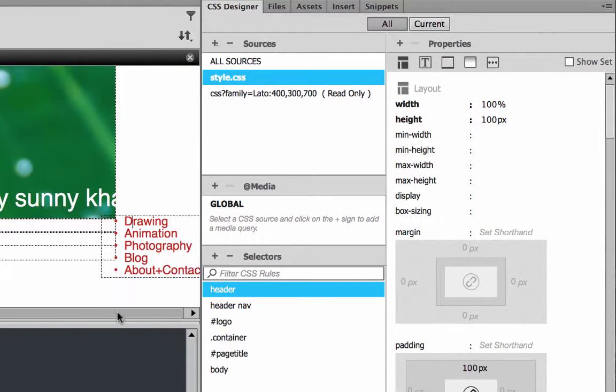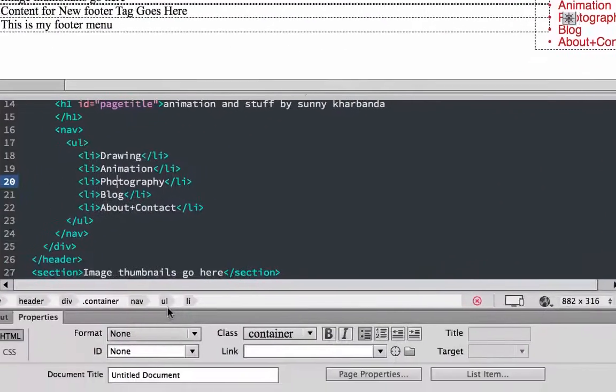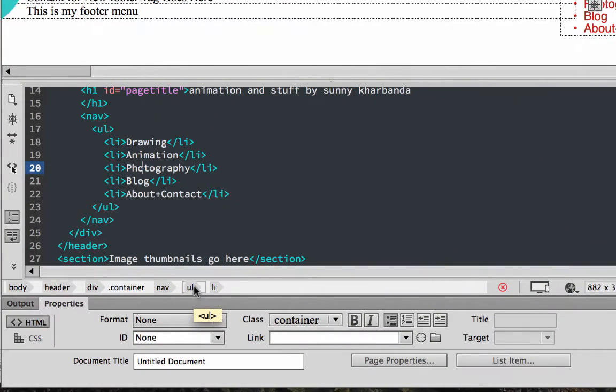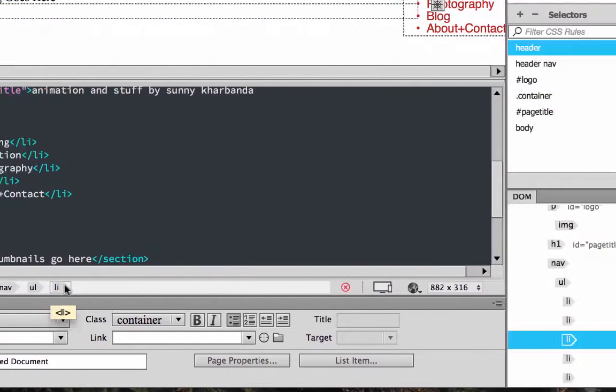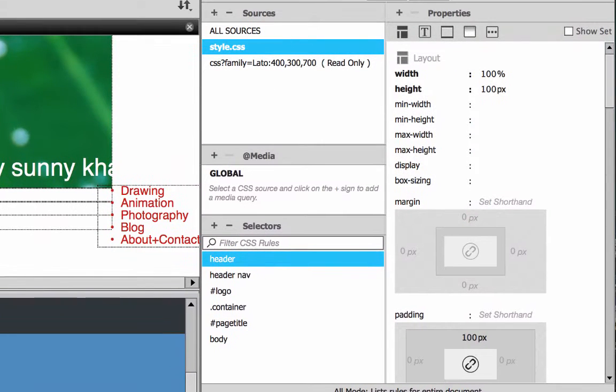Then in my page, I click anywhere in here, click on the UL tag to select it, either here on the bottom or on the right side where it shows me the structure of my page. I click UL, come up here and add a selector.